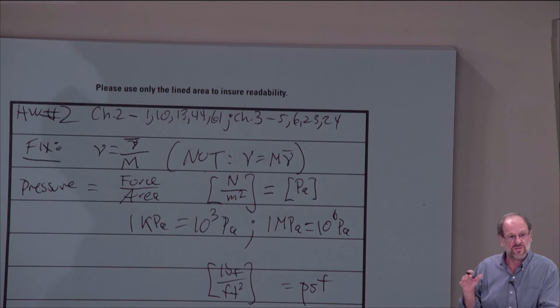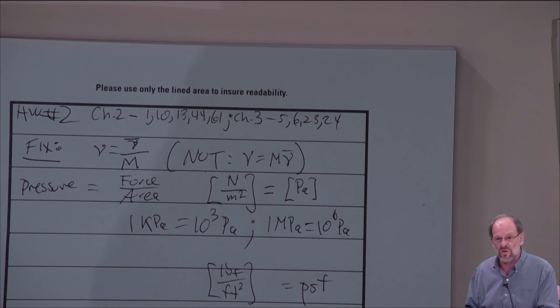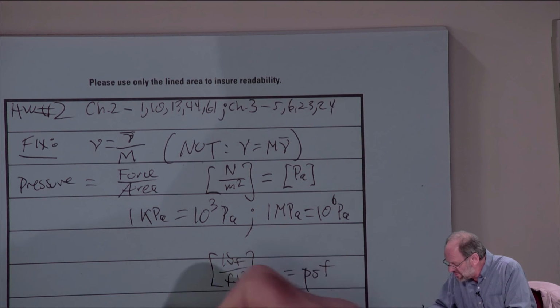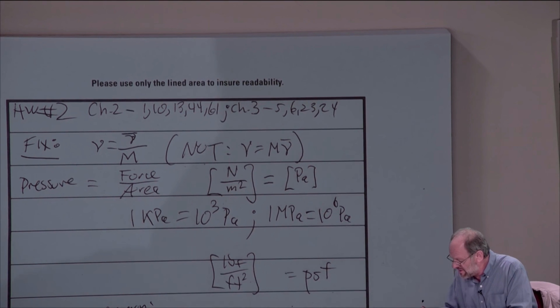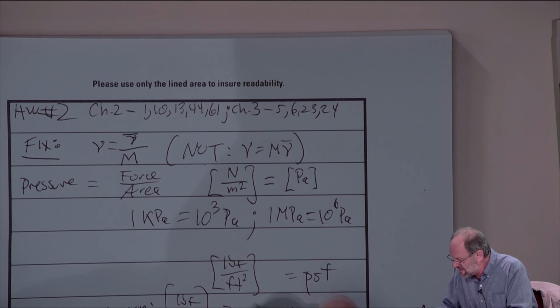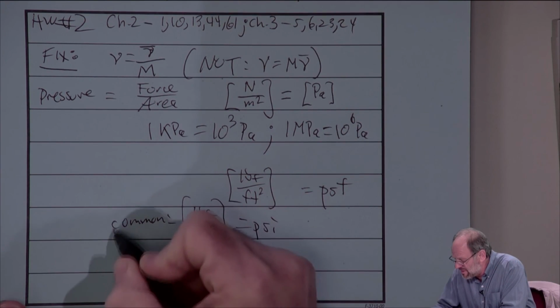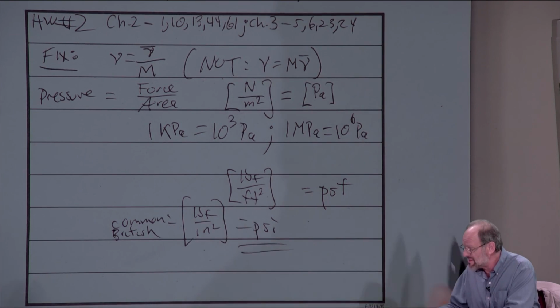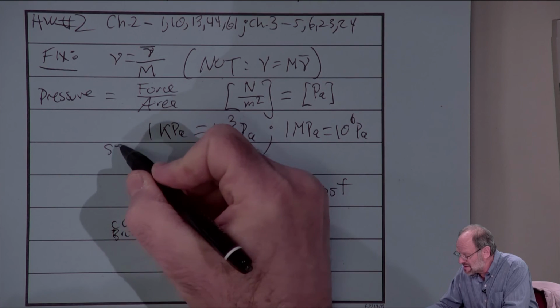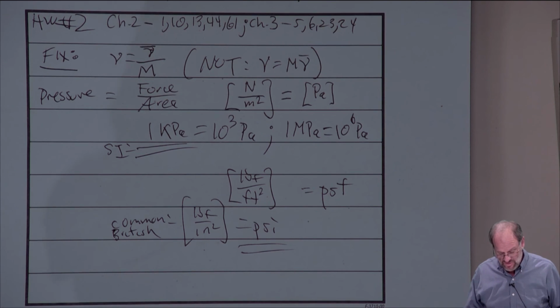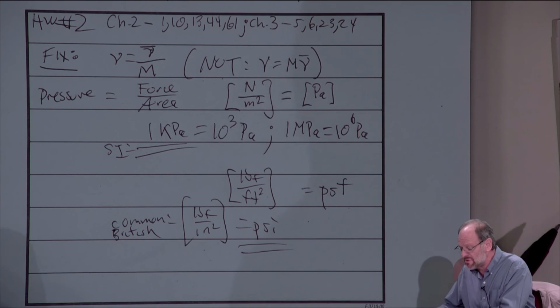And we usually use a pound per square inch. So if you take a pound per square foot and you just divide by 144, then that's going to give you pounds per square inch. So the most common unit in the British system, anyway, is actually the pounds per square inch, which we just abbreviate as a PSI. So, yeah. So these are the common British units. That'd be the PSI, and the common SI unit is typically just going to be the kilopascal. So those are the units that we're going to deal with primarily. Now, we do have to be aware of one other thing with regards to pressure units.